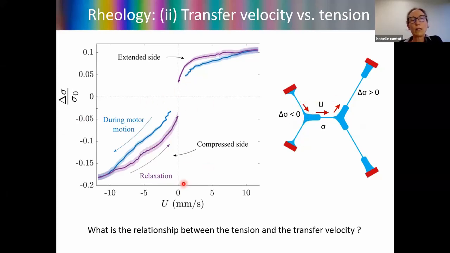And so now we have to understand this curve. There is a relationship between the tension difference and the velocity, but the two curves are not perfectly superimposed. So we have to discuss this and try to build a relationship that relates these two quantities. The remaining part of the talk will be dedicated to the model we can build to understand this curve.